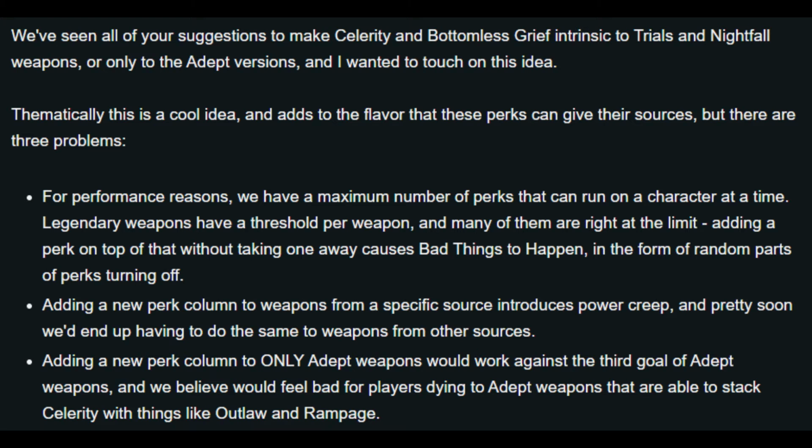Yeah, we've all seen your suggestions to make Celerity and Bottomless Grief innate to Trials and Nightfall weapons, or belong to Adept versions, and I wanted to touch on this idea. Thematically, this is a cool idea and adds flavour to these perks and gives their sources, but